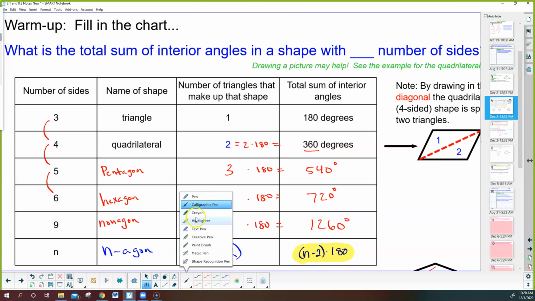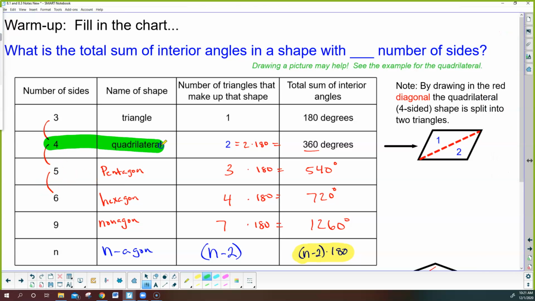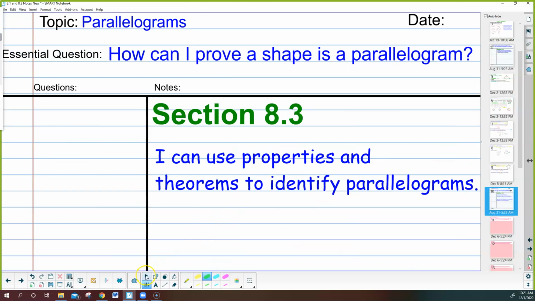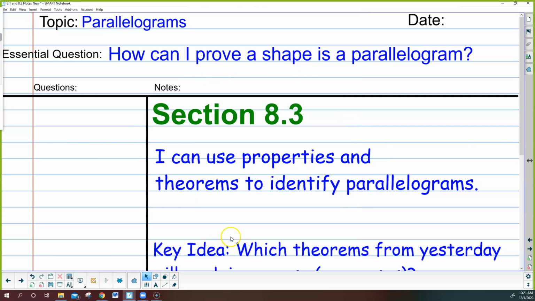So I'm going to jump back to this really quick, and I want to show you one fact that is really important to know. If I have a quadrilateral, 4 sides, the total sum is always 360 degrees, right? If I add up all of these interior angles for every 4-sided shape, it will always add up to 360 degrees. That way, you don't have to do the work. If you know it has 4 sides, you know all of the interior angles have to add up to 360. Okay, we're not going to write a ton down for this,